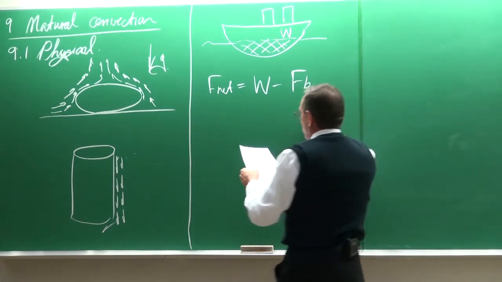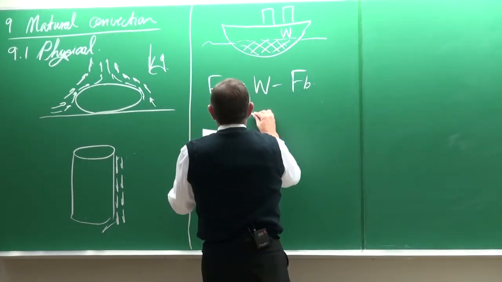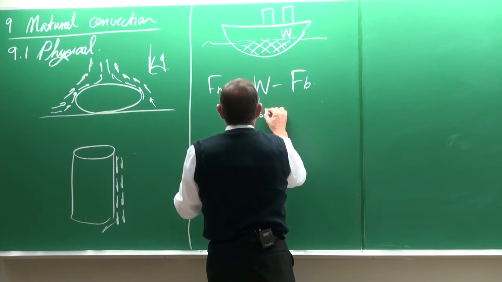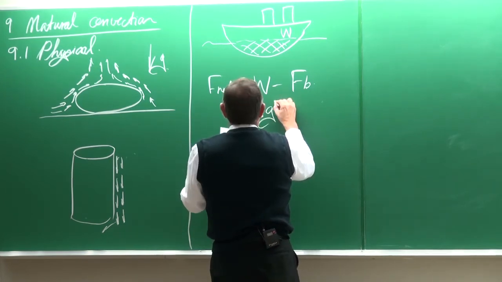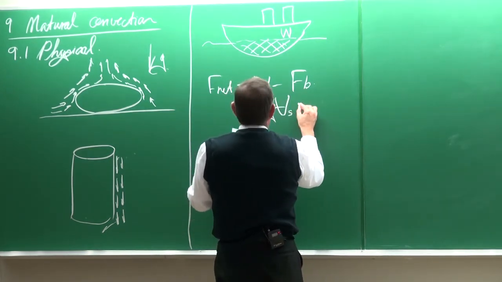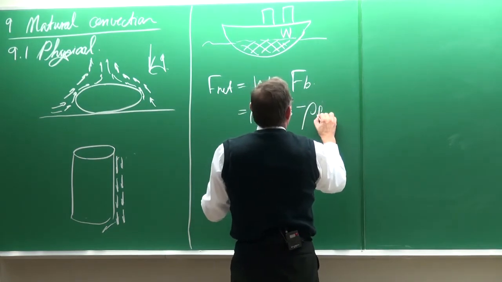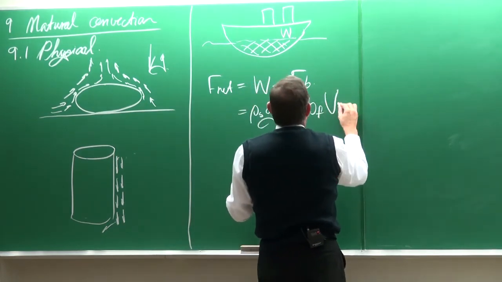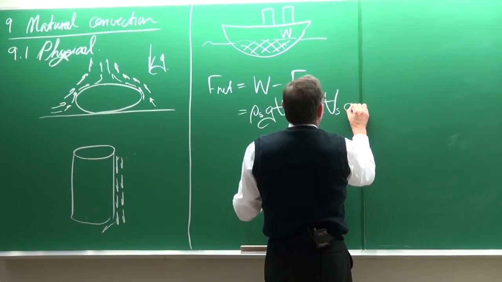The weight would be equal to the rho of the ship, the g and the volume of the ship, minus the rho of the fluid, the volume of the ship, and g,